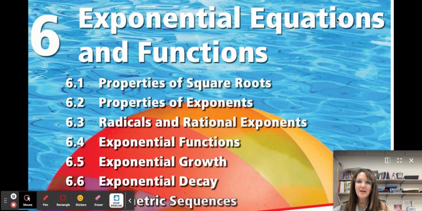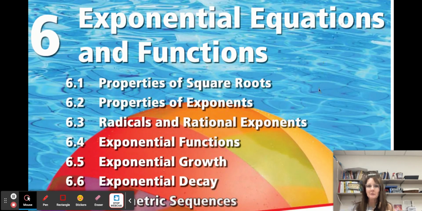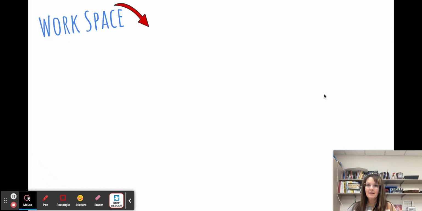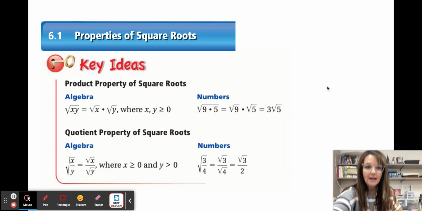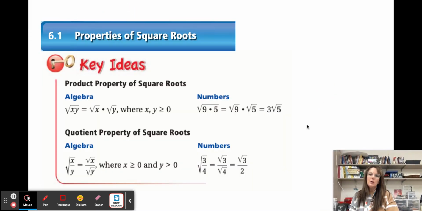All right, welcome to chapter 6. We're going to learn about exponential equations and functions. So if we're looking at lesson 6.1, we have properties of square roots: the product property